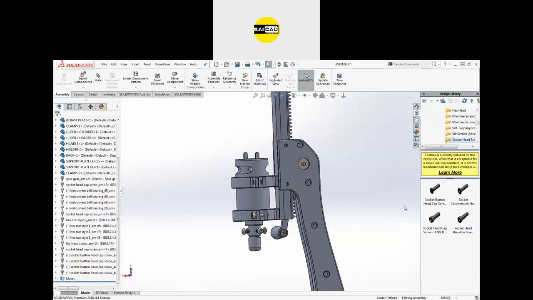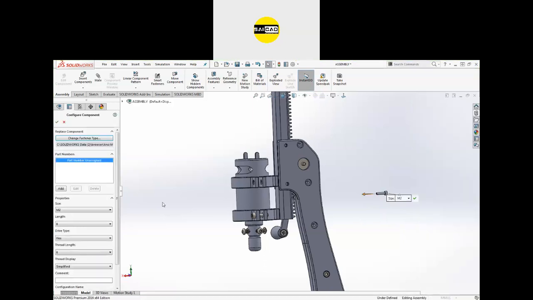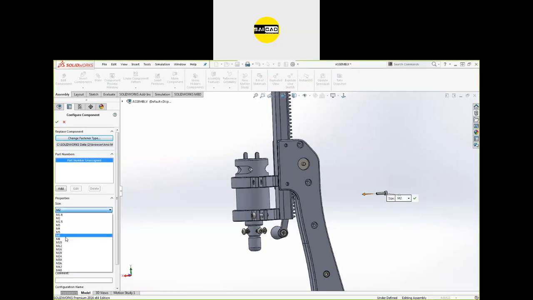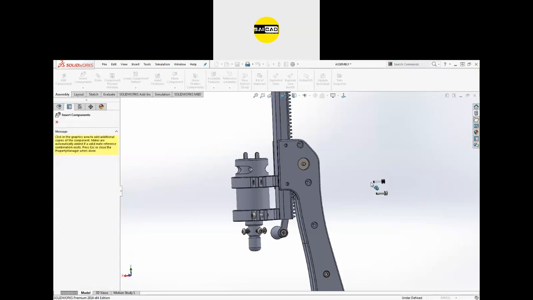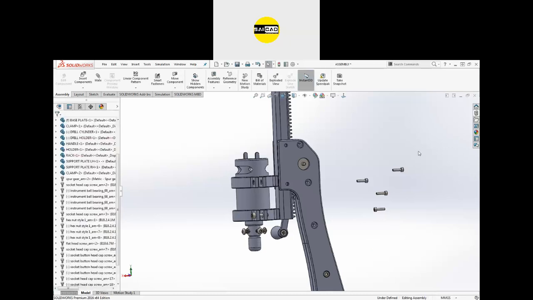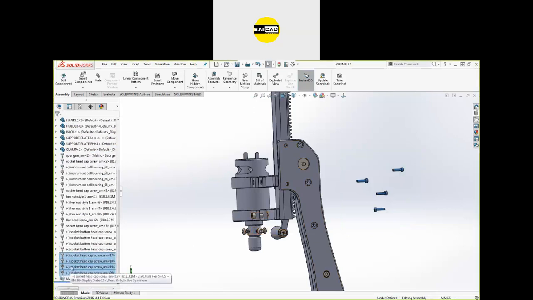Right now I don't have the drawing here, so I'm just going to drag any one like that. Then we have again the size and the properties here. You can select the size from here, whichever you need. Specify everything and click OK, and here it will fit. You can create the copies, just click, click, and the copies will be created like that. To exit out, just press escape. Okay, so like that you can create your standard components, they will be added in the model.